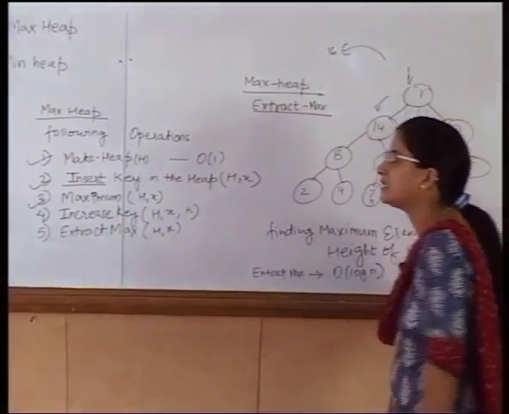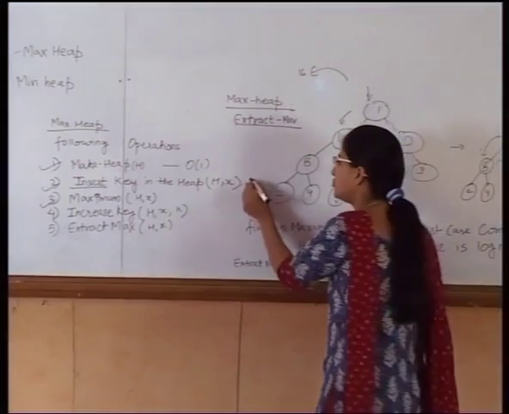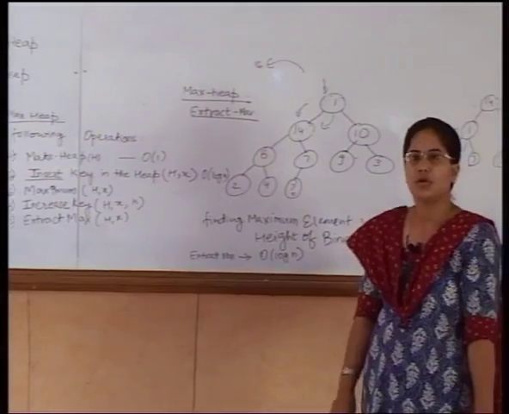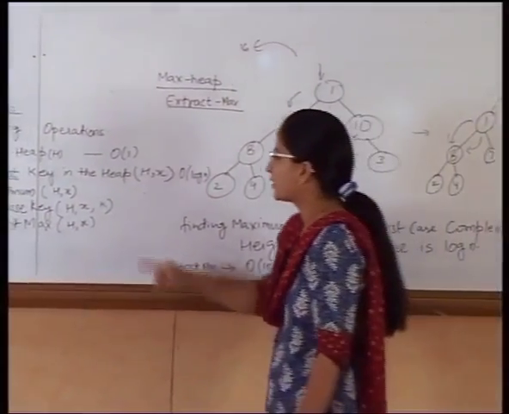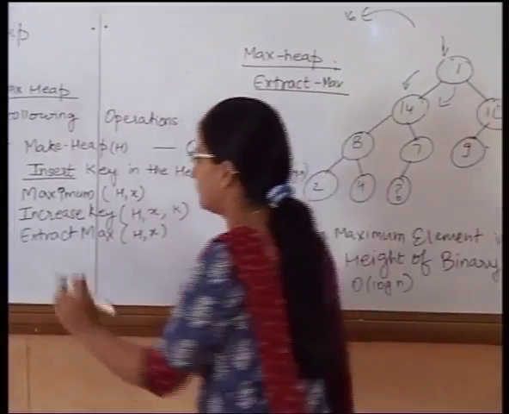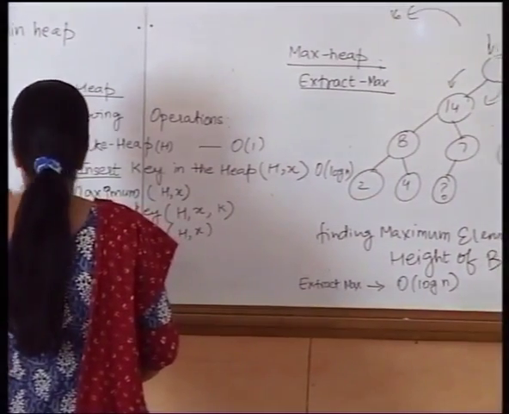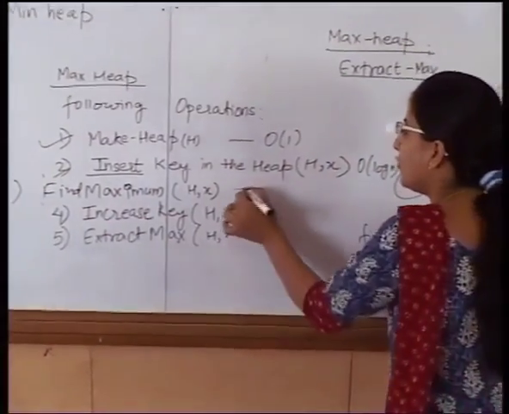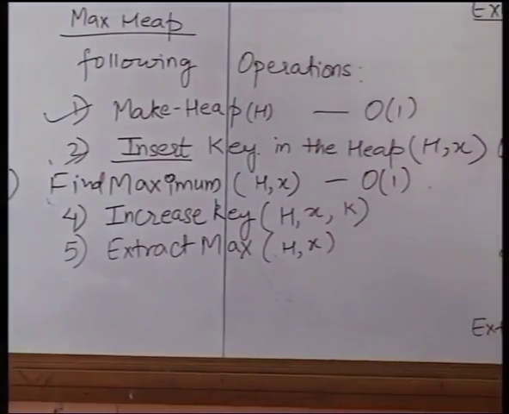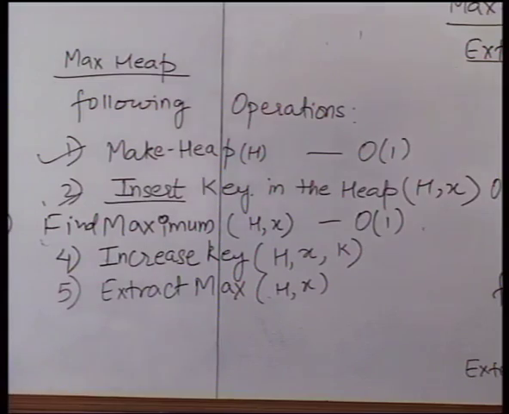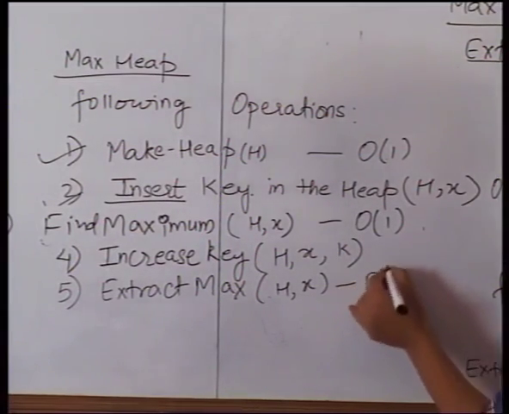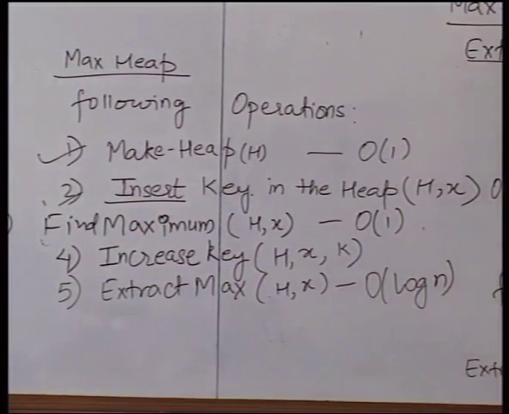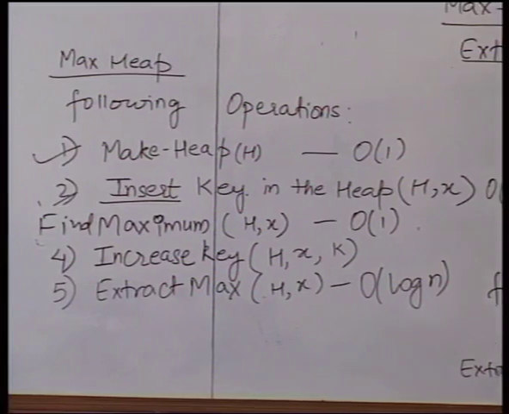When I am supposed to insert a value inside the heap, it is supposed to cause heapify operations from the leaf node up to the root node, that is log n. For finding the maximum element, or better to write find maximum, again the complexity will be big O 1 because that is the root value. For extract max, again here we had performed this operation and we find that after extracting the maximum value, we have to heapify the max heap from root level to the leaf node.